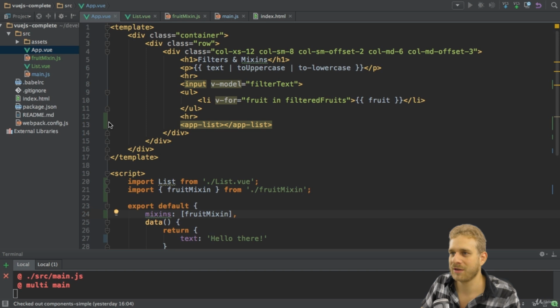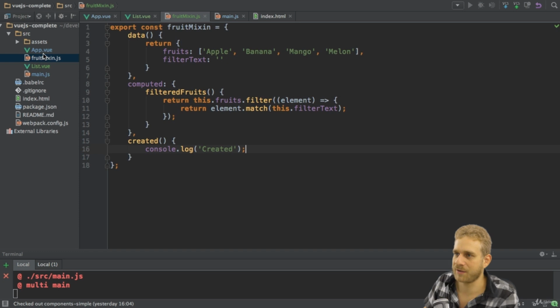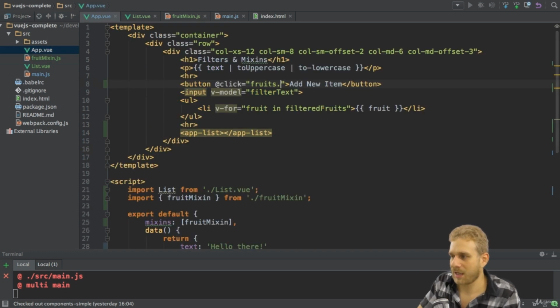Now let's find out. By adding something in our app.view file, let's simply add a new button here above our list where I say add new item. Now all I want to do here on click is access my fruits. Not with this though. I know I can do that because I get it added with the mixin, this array here. Fruits, and I want to push a new item on it, and the new item simply is berries. Now if I save this,